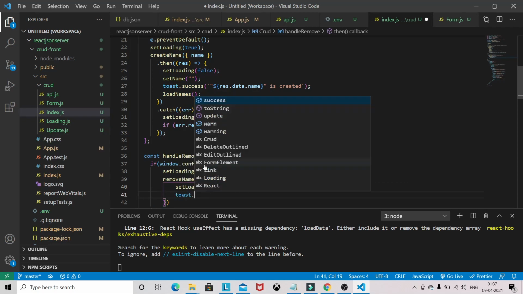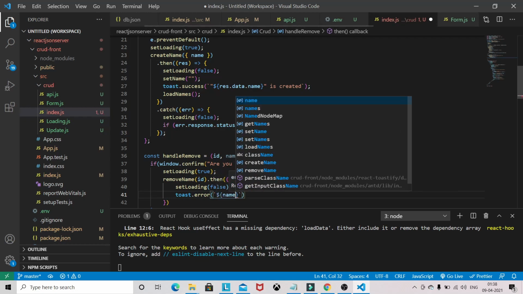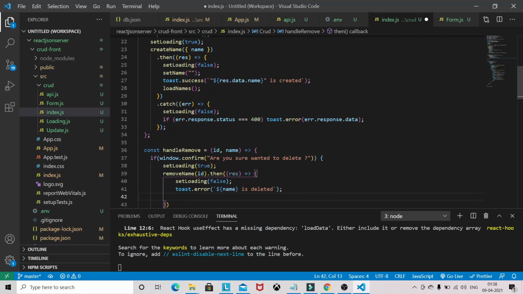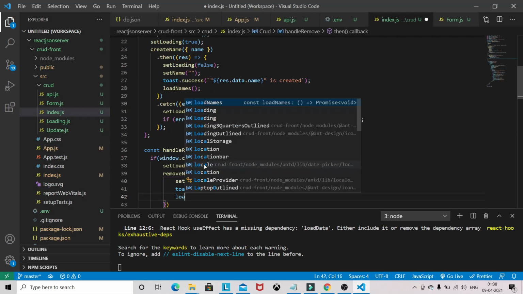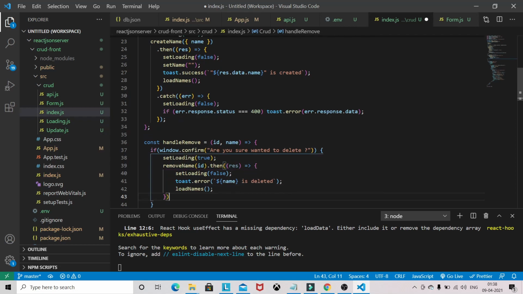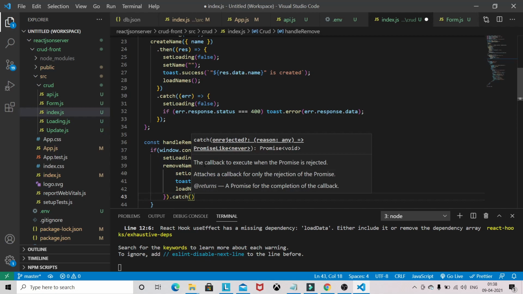toast.error. So it is deleted, that's why I am passing the name here. And again we have to update the list after deleting, so I will call loadName again. Now catch.